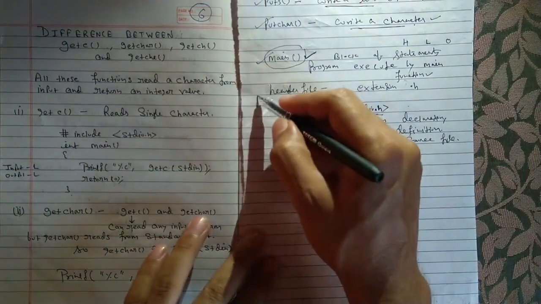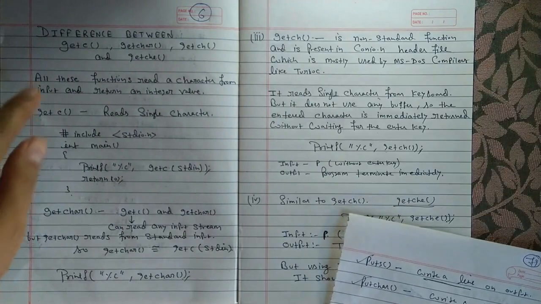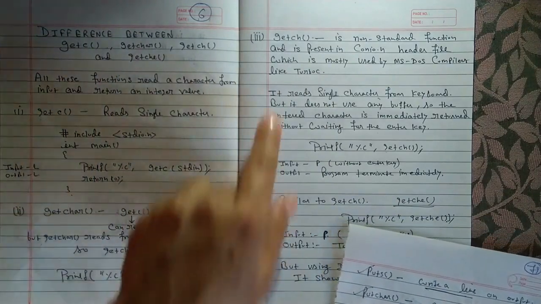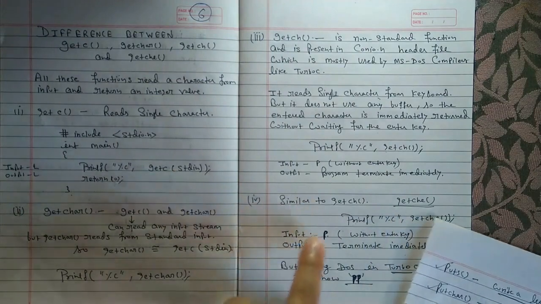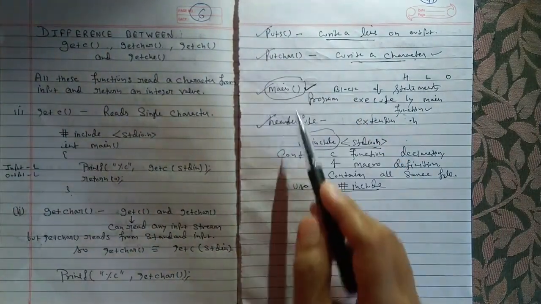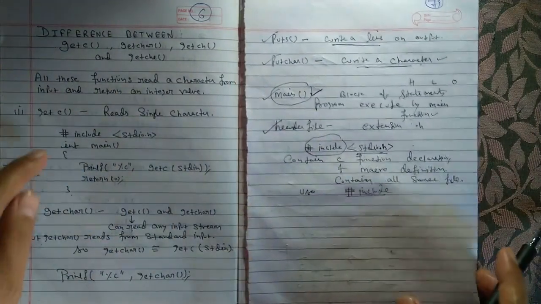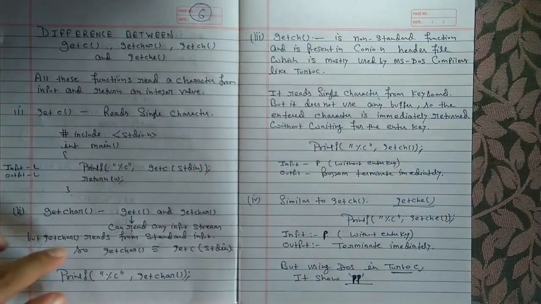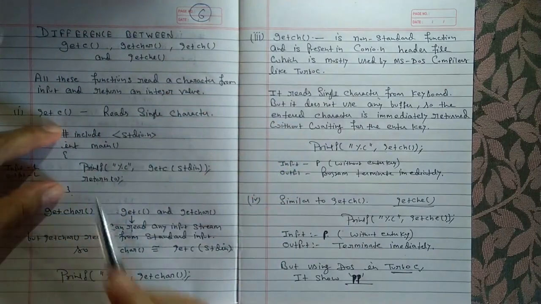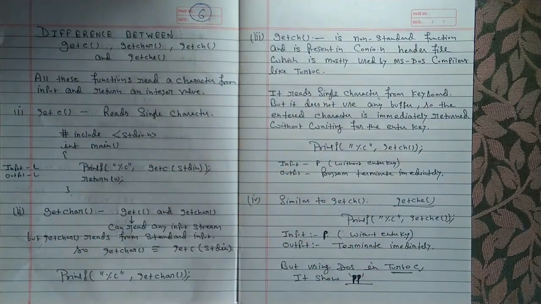So these are the main topics. If you are preparing for an interview, such topics have been asked in previous year exams: what is the difference between getc, getchar, getch and getche, the difference between puts and putchar, what is the main function, what is a header file. My request is to please write this program in your compiler and compile it. Only the printf needs to change. Then run the program and check the output. Thank you so much.